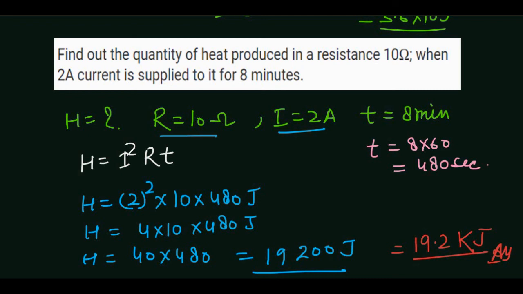So here I think there are a variety of questions we have done for the heating effect of electric current, MCQ type questions, numericals, and other types of one marker questions. So this is enough for the preparation of the topic for short questions and for MCQ questions. There may be some other difficult questions from this topic also, some difficult numericals. But if we have to prepare this chapter, you simply need to prepare Joule's law of heating and the numericals based on that. Okay, thank you class.